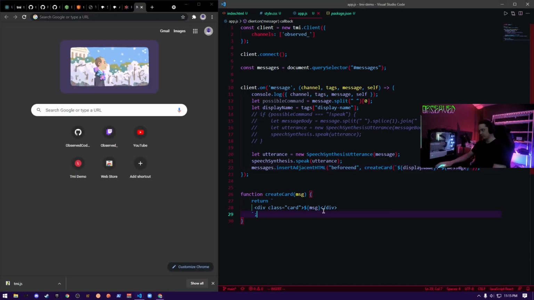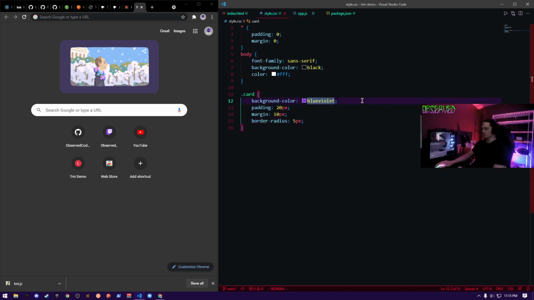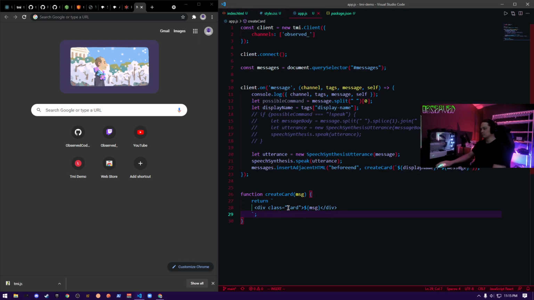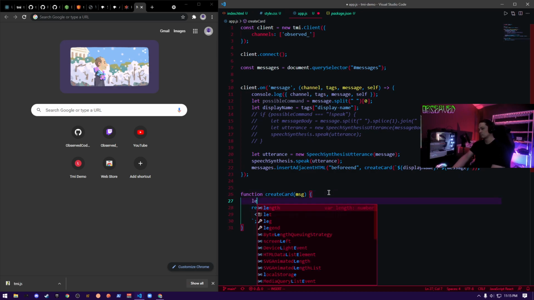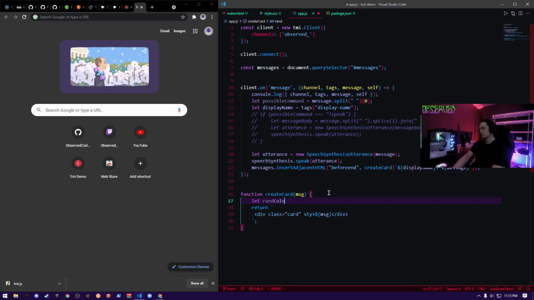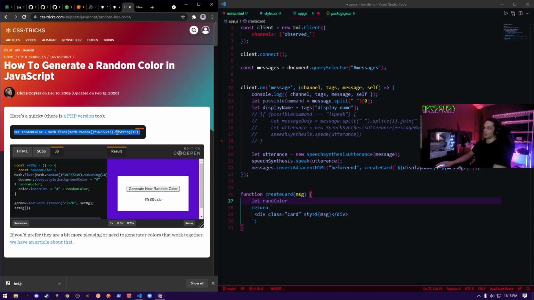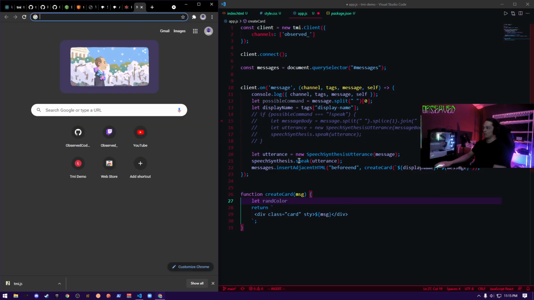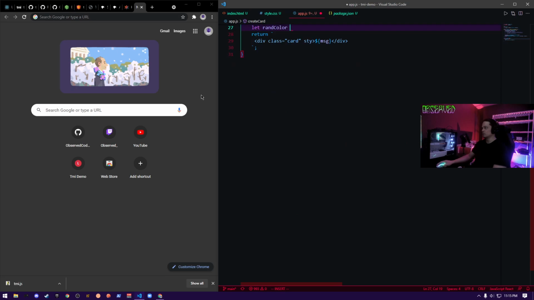So now, instead of having each one of these pink, I'm going to leave that there. Generate a random color like this.